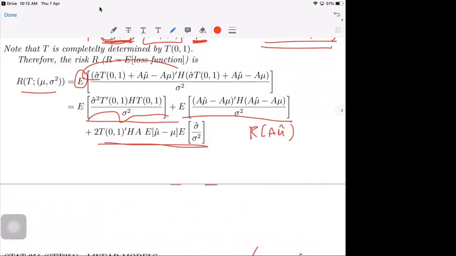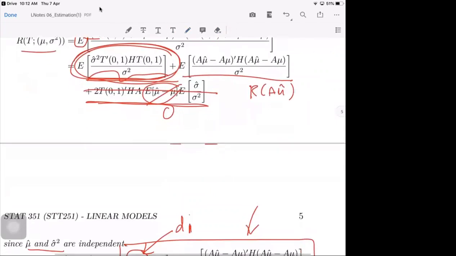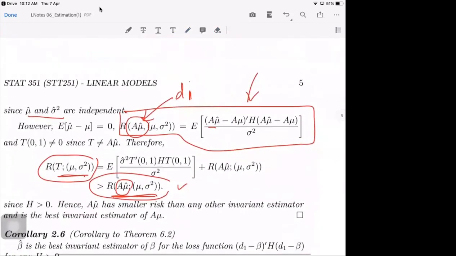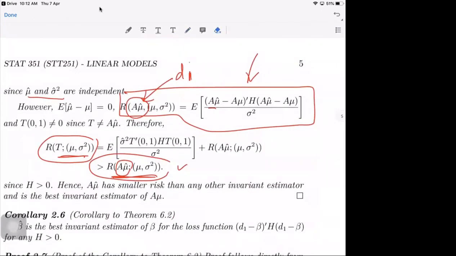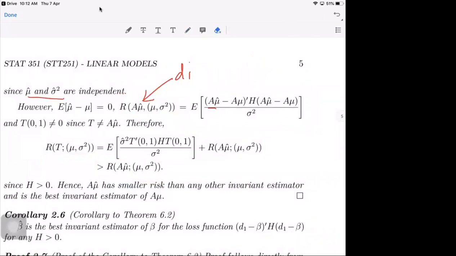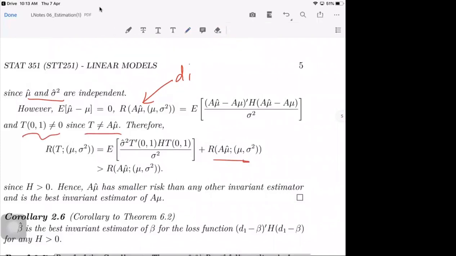And what we are looking at is this, but this one is just 0. So mawala ni siya. And if we can show that this is a positive term, not a negative term, then we are assured that the risk associated of any competing invariant estimator of A mu will be positive or greater than this risk. But since this is not negative and T is not equal to A mu,